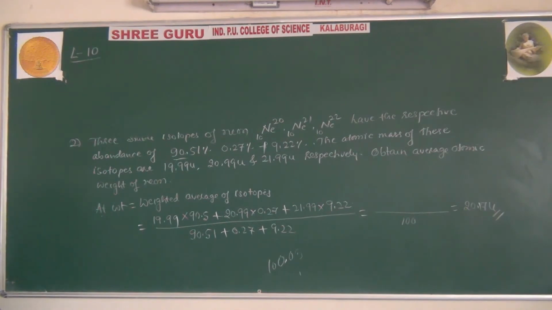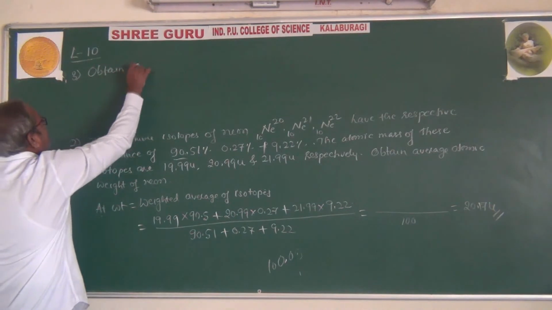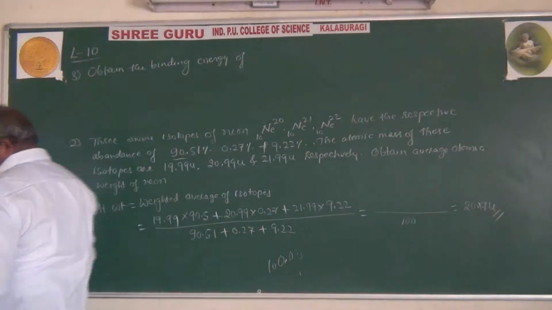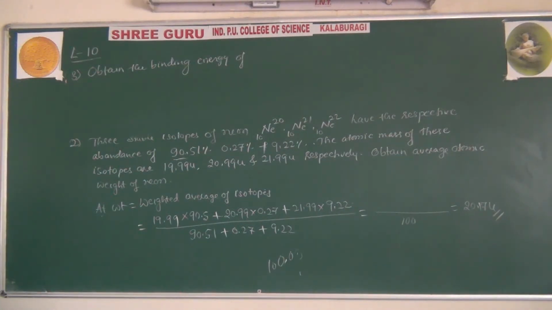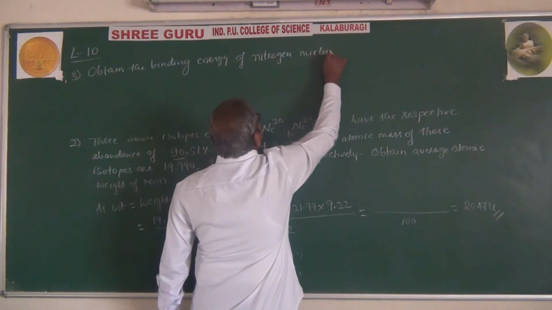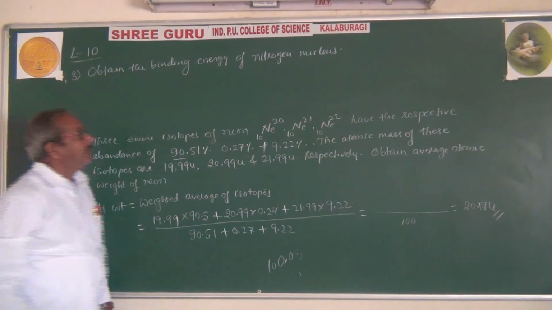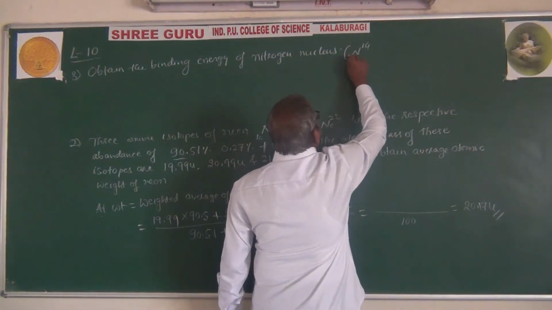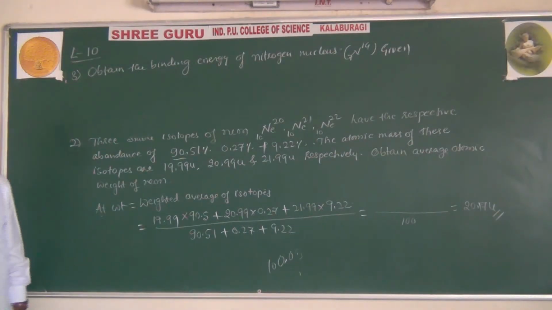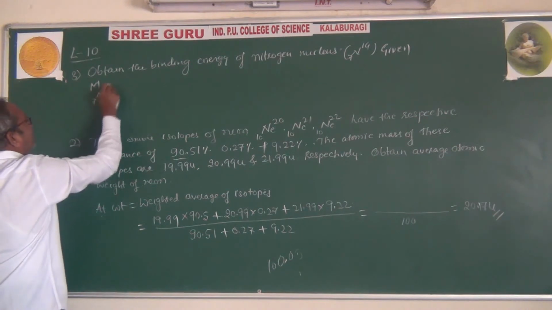And the next question, third one: obtain the binding energy of the nitrogen nucleus. Given the mass of nitrogen is equal to